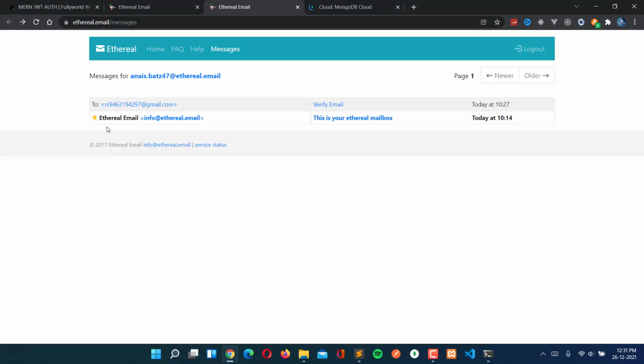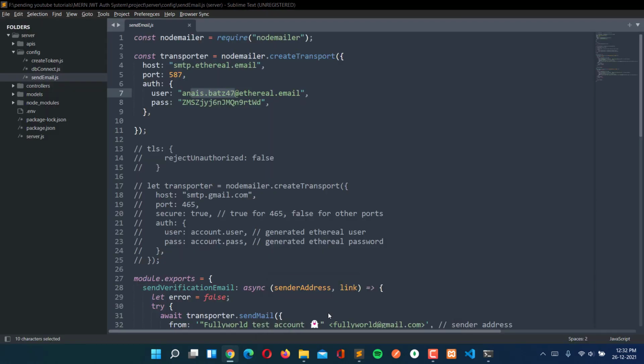I'm refreshing this, and this is our MongoDB, and I'm reloading this also. I was checking this previously, to see why no email was being sent.